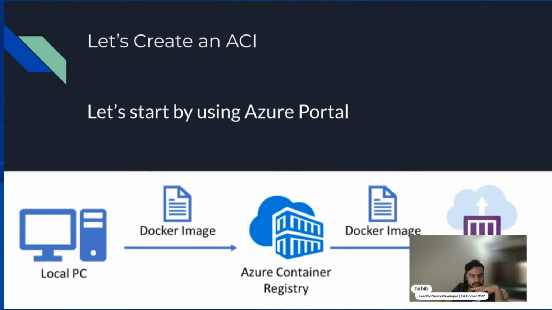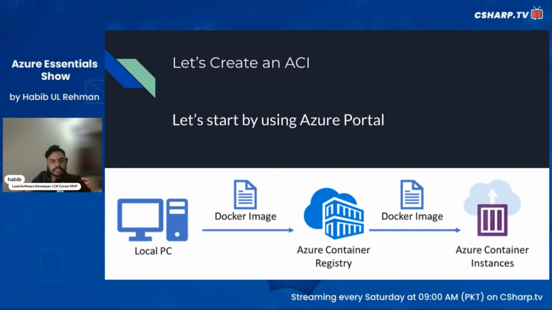Let's move to the slide. So now you can understand this flow chart. This is my local PC, and here was my ASP.NET Core MVC application. I published this application using Visual Studio, and Visual Studio pushed the Docker image to Azure Container Registry, and then I created a new Azure Container Instance using that Docker image. So this was the complete flow of how to run Dockerized applications, or custom images, on Azure